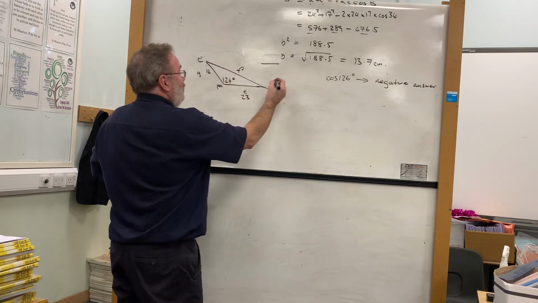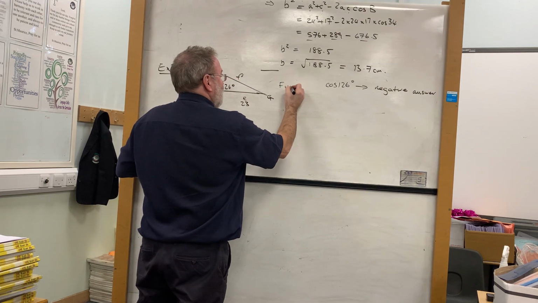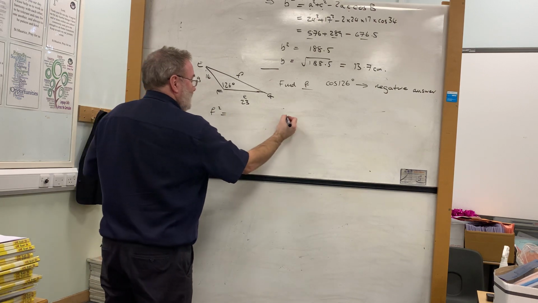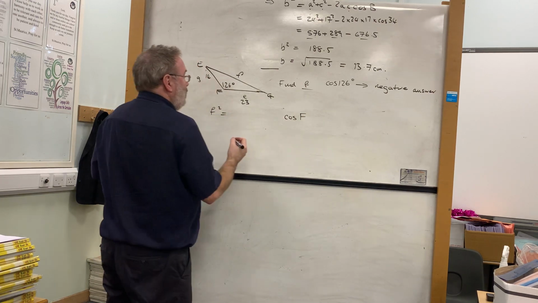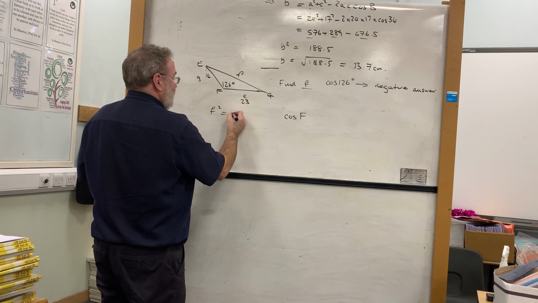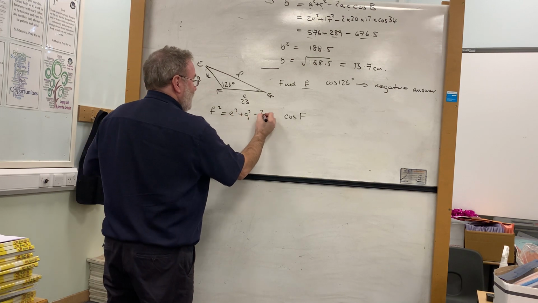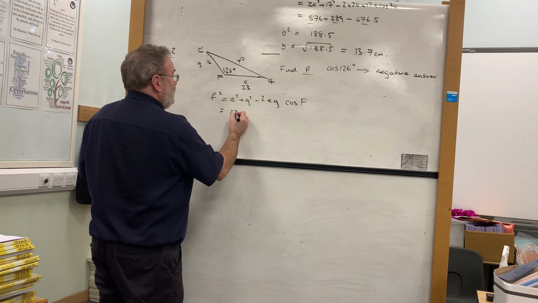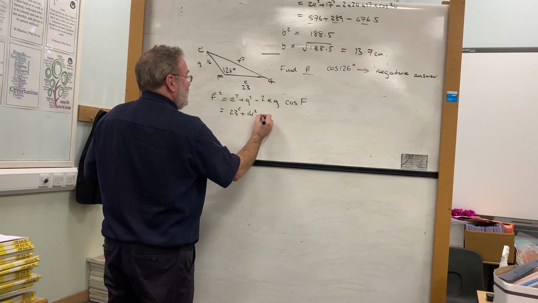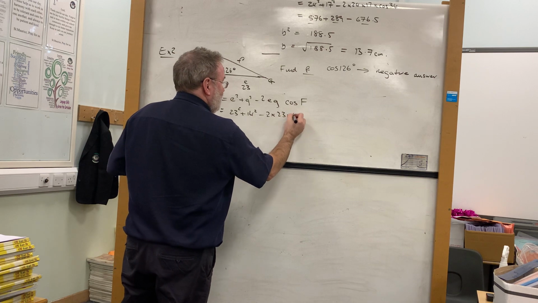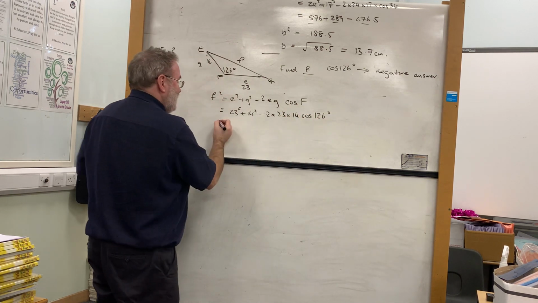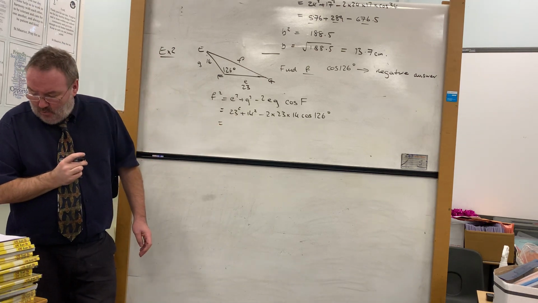So we want to find side F. So we're going to do F squared equals, and again finishing off with cos F, that's going to be E squared plus G squared minus 2EG cos F. So that's going to be 23 squared plus 14 squared minus 2 times 23 times 14 times cos 126. Now again, doing this separately will give us